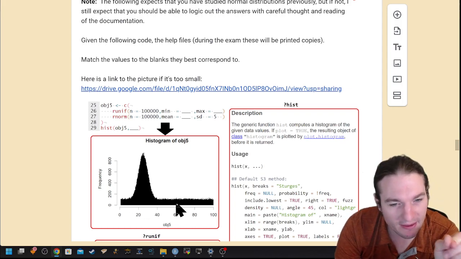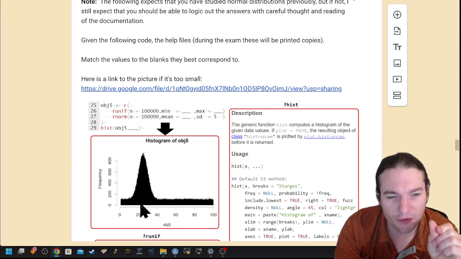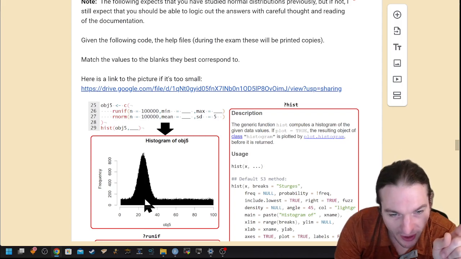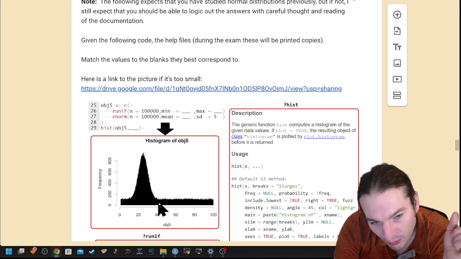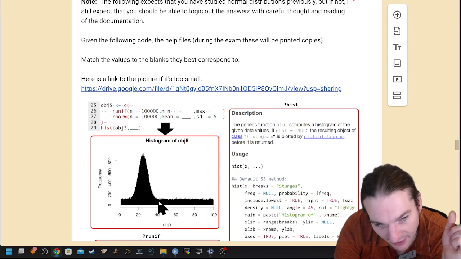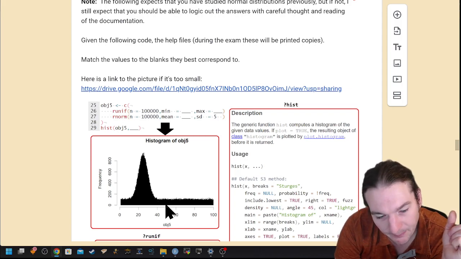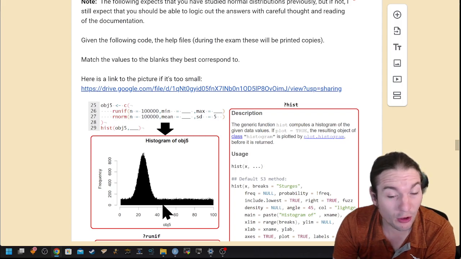You can't really see it right now because the uniform distribution is on top of it. But if I try to measure it out, about 15 values away from the mean, so around here, I can see that the distribution probably has cut off pretty strongly. And that matches what we know about normal distributions.